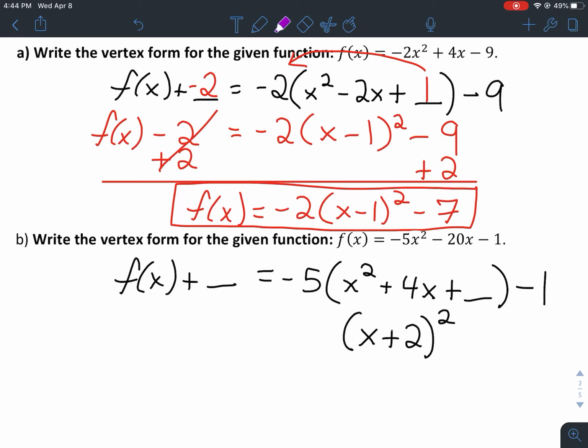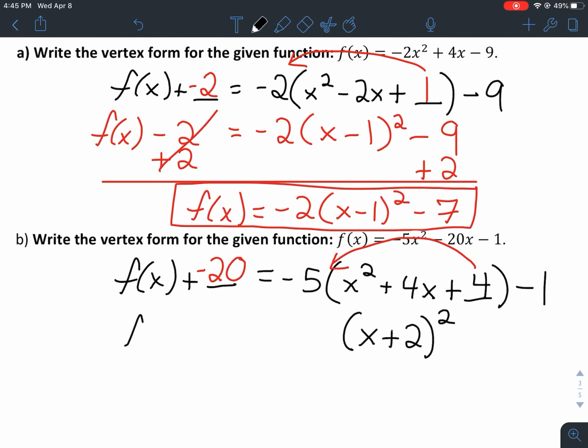And now to get the number that goes in the blank, you always take the middle term, divide it by 2, and square it. So when we divided it by 2, we got 2. 2 squared is 4. And remember, we don't put a 4 on the other blank. What you do is you multiply this times this. 4 times -5 would be -20. That goes on the other side because you're actually adding a -20 to that side, because you would have to distribute the -5 if you wanted to simplify the right side. Okay, so now